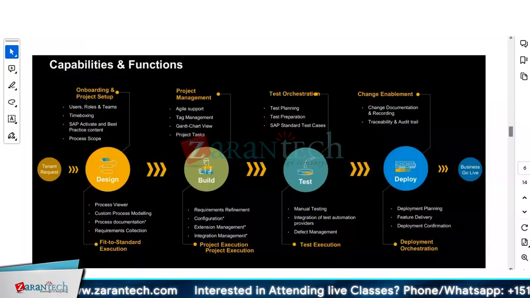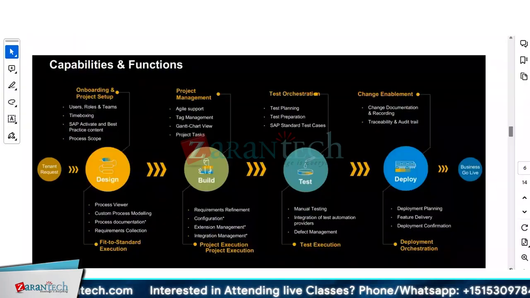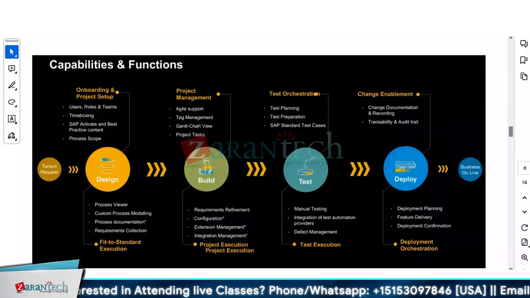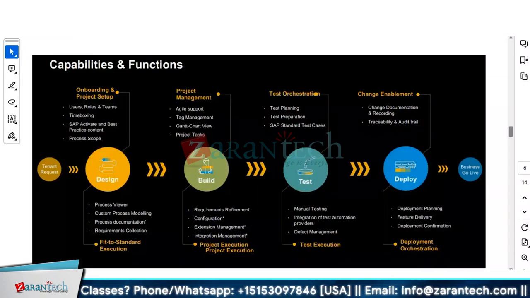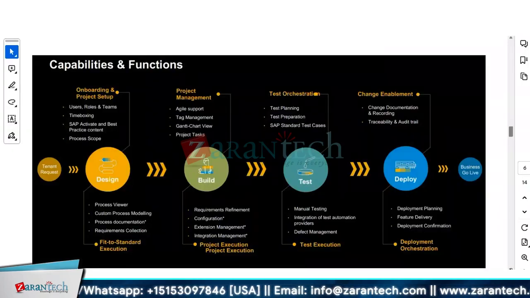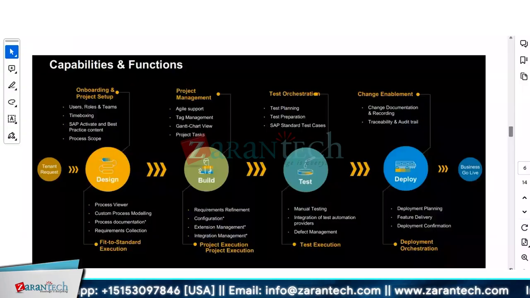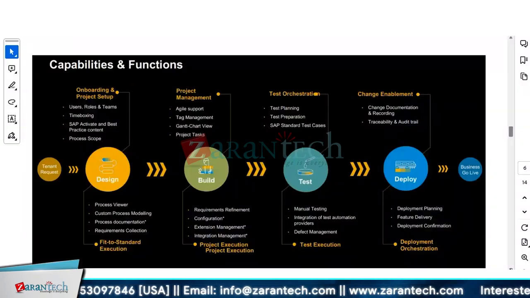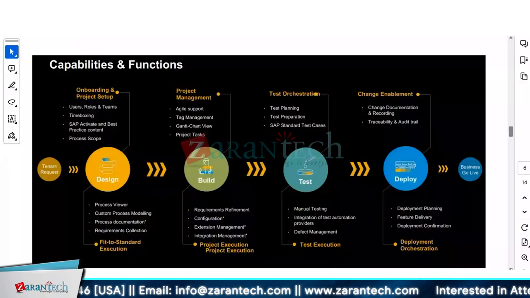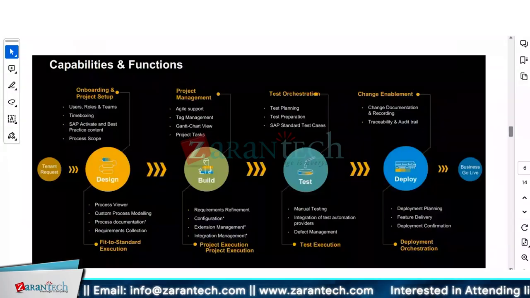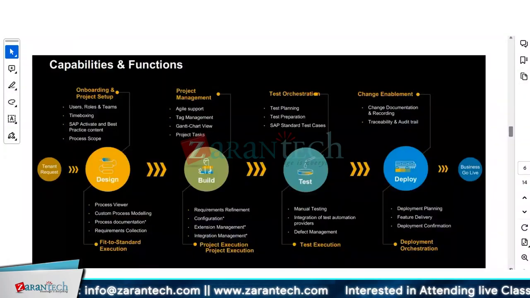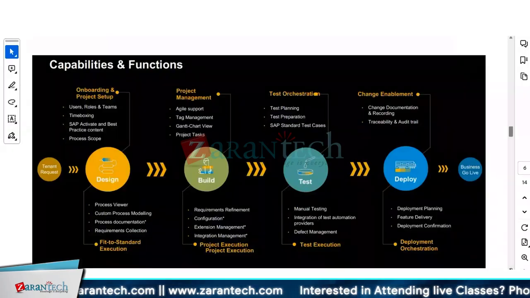Similarly, integration management. If you remember, when we were creating a project and assigning the roadmaps, there was an option for integration scenarios, right? Like S/4HANA is going to integrate with SuccessFactors or Ariba. So the standard integration scenarios, SAP is planning to bring them into Cloud ALM as an SAP best practice, right? Again, that is not fully supported,